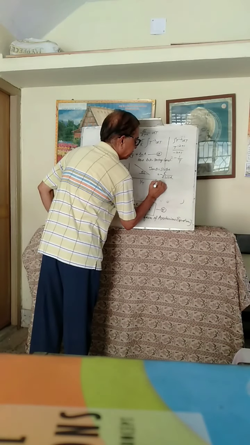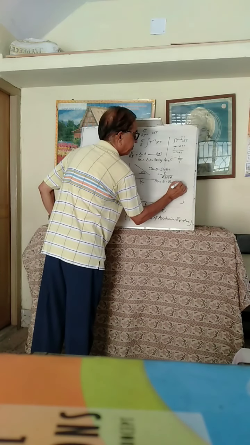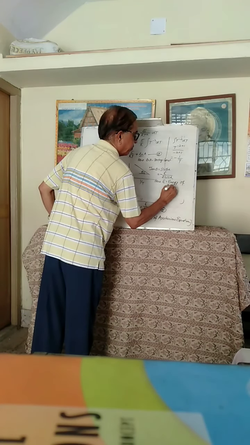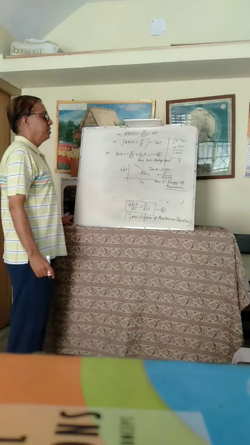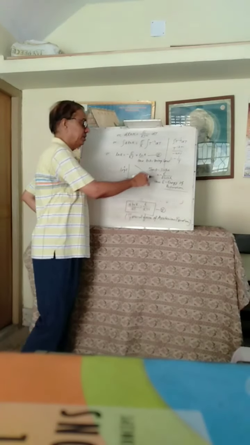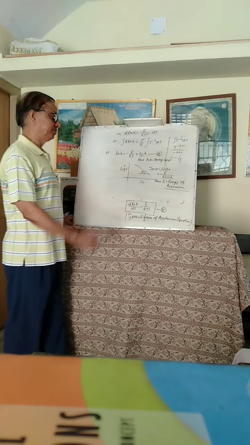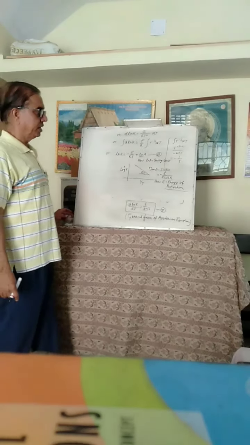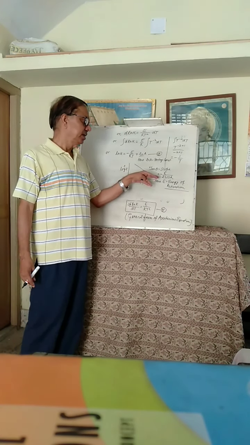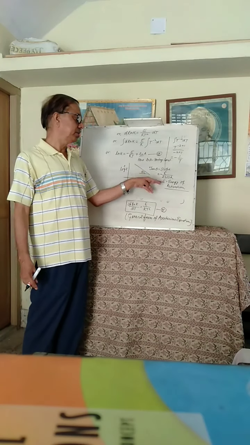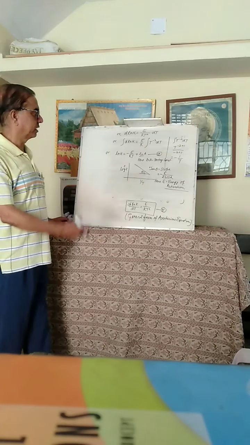Here E is equal to energy of activation. We can easily determine the value of energy of activation on the basis of this graph between log k and 1 by T. The value of energy of activation can be obtained by determining the value of theta and its tan theta. It will give you tan theta is equal to minus E upon 2.303 into R. R is gas constant, E is energy of activation.